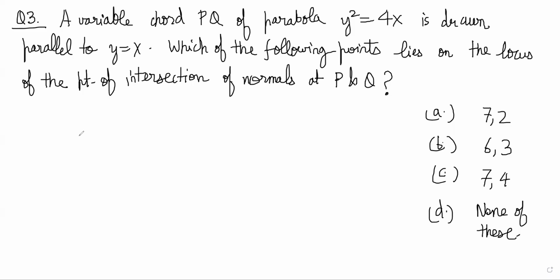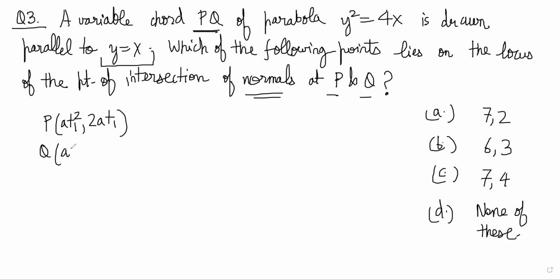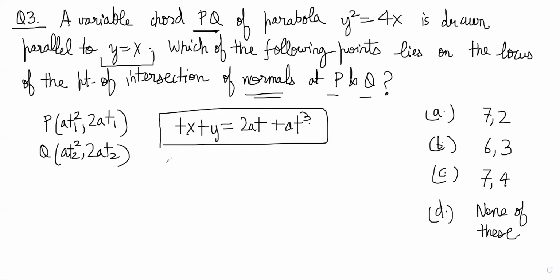So first of all, you have to understand what the question is saying. There is a variable chord PQ of the parabola, which is drawn parallel to y is equal to x, right? So the slope of the variable chord should be 1, right? Now we have to find the locus of the point of intersection of normals at P and Q. Now this is a standard result. If you have two points P, (a t1 square, 2a t1) and Q, (a t2 square, 2a t2), the equation of the normal is tx plus y is equal to 2at plus at cube. And if you write the equation of normal at P, which will be t1x plus y is equal to 2at1 plus at1 cube, and at Q, which will be t2x plus y is equal to 2at2 plus at2 cube, and then solve it, the point of intersection of the normals will come out to be